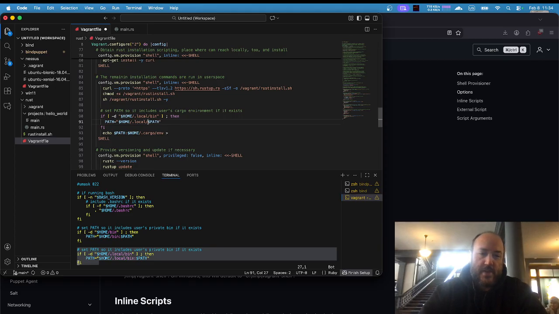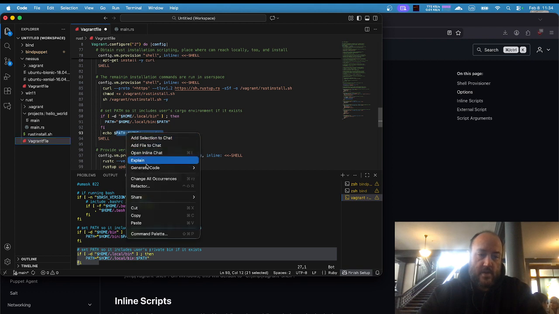They prepend everything. We're the other way around. We're going to add on to the end. PATH equals. Yeah, it would be PATH. So the last place we'll look is